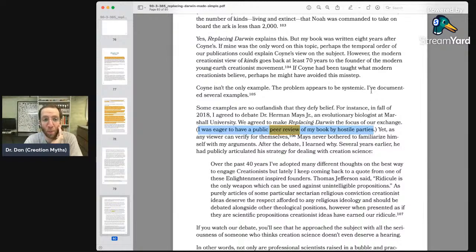Peer review is a specific process through which you submit your work for publication, and the editor of the outlet that you have submitted it to sends it to experts in the field you are writing about, and they anonymously evaluate it and send the editor their evaluations and recommendations, and whether they accept the findings, accept your argument or not, what changes they would like to see in order to find your argument convincing or at least viable, right? That's what peer review is. What he's saying here is not peer review. He's using the word peer review, but he's not describing the process of peer review.